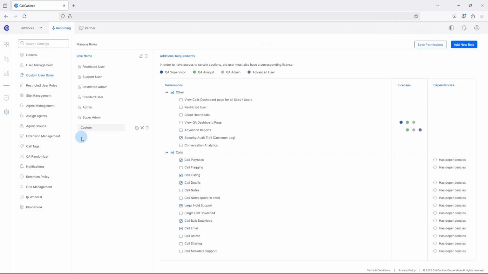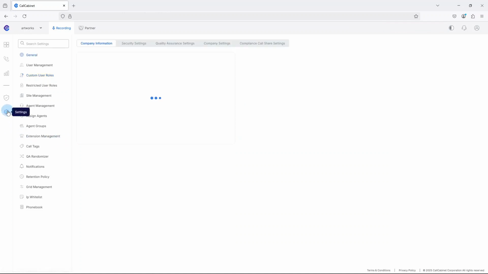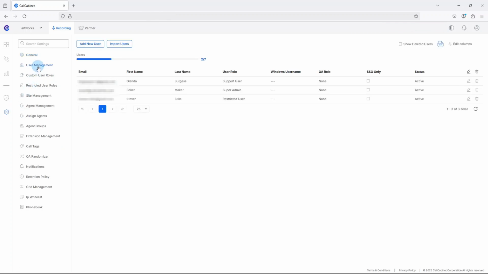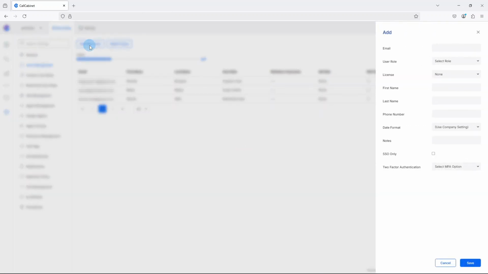To create a user using your new custom role, in the menu panel, click on Settings, then on the User Management item. In the User Management screen, click on the Add New User button in the top left-hand side of the Details panel. An Add dialog is displayed where you can create your new user. Create the new email address